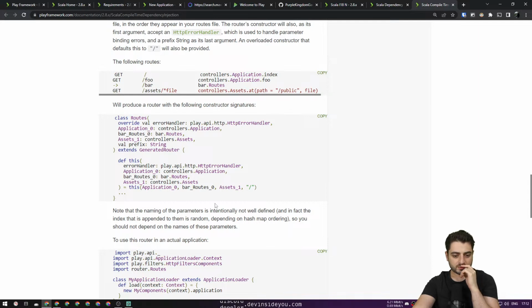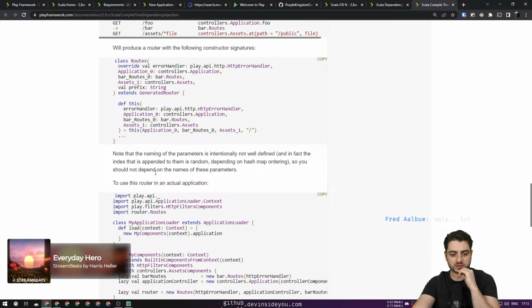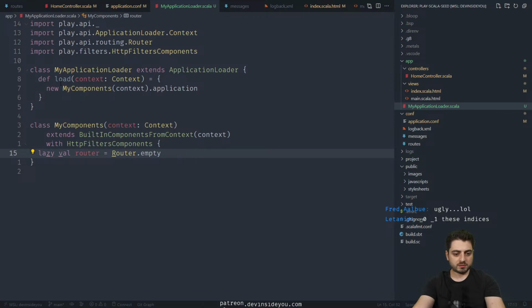Hold up. The index that is appended to them is random. Which index? There's a prefix. All right, whatever. So you should not depend on the names of these parameters. To use this router in an actual application, wait, hold up. In our case, we have new my components. We give it the context as a dot application,